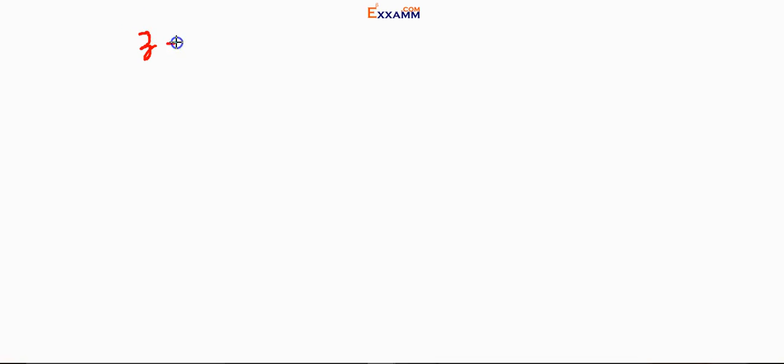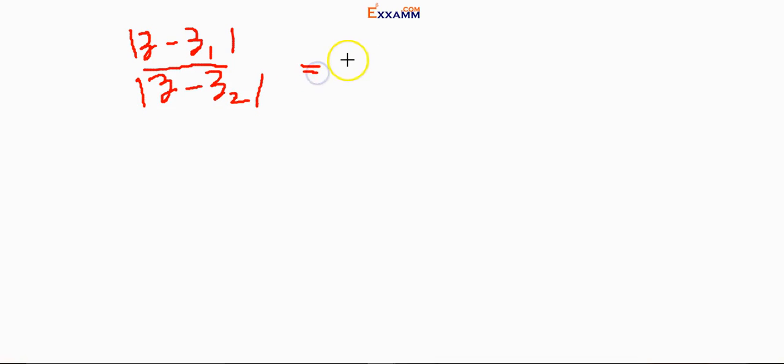Modulus of z minus z1 divided by z minus z2, modulus here as well as here, if this is equal to say 3, then this would always be representing a circle. Why? Because if we take modulus of z minus z1 and modulus of z minus z2 and replace